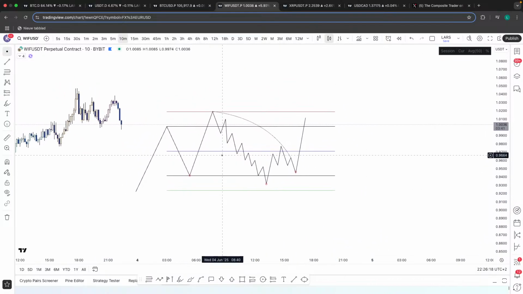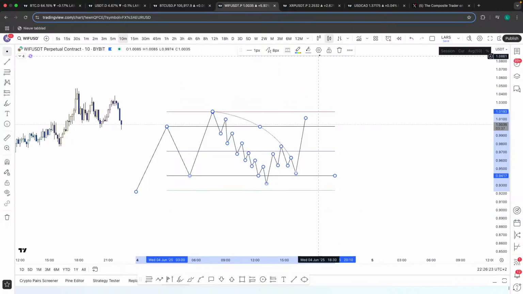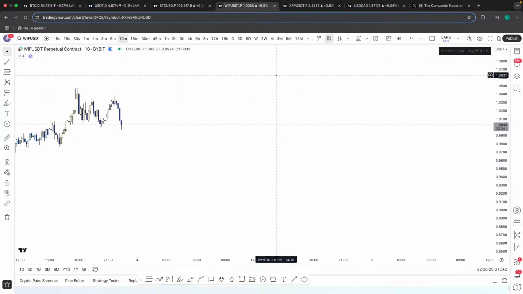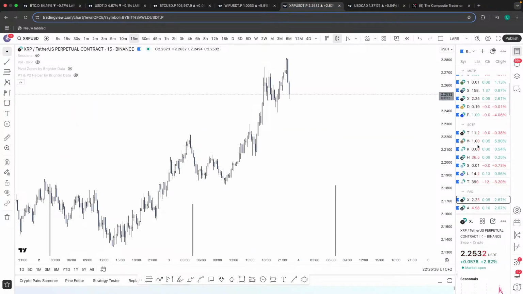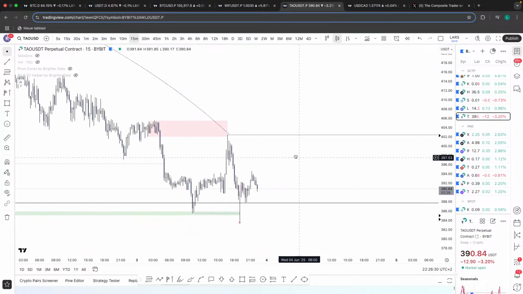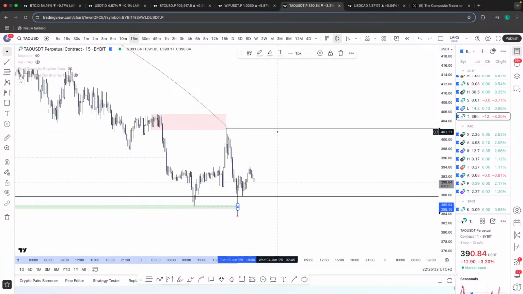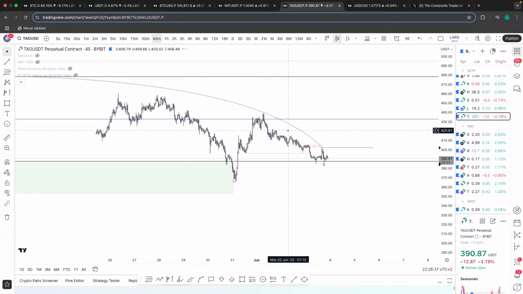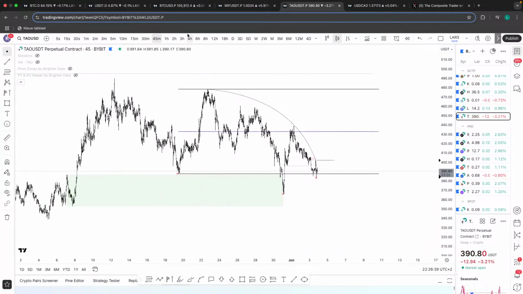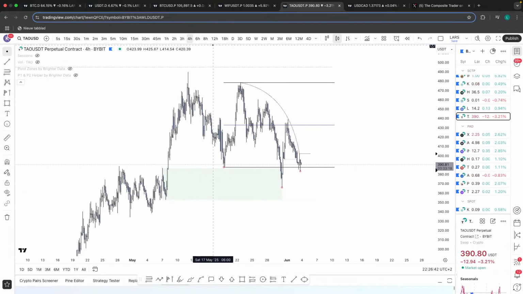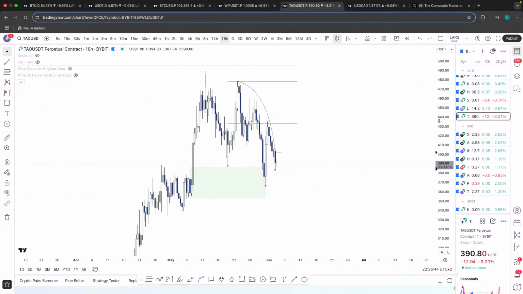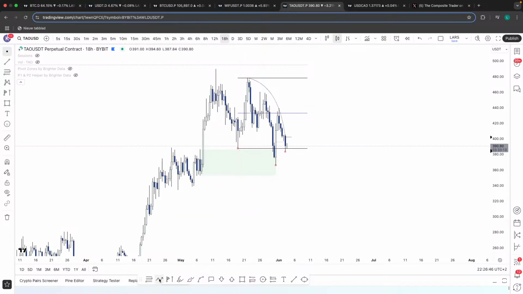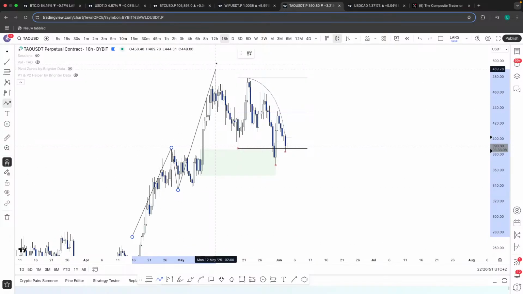You want to have your range where the purpose ever since creating that range was to get reversed. If we take Tau, for example, right now, so we got this potential accumulation model on Tau. I want you to analyze this range right here. How do we pull this range? Okay. How do we pull this range? You have market structure trending up, making a higher low for a higher high.